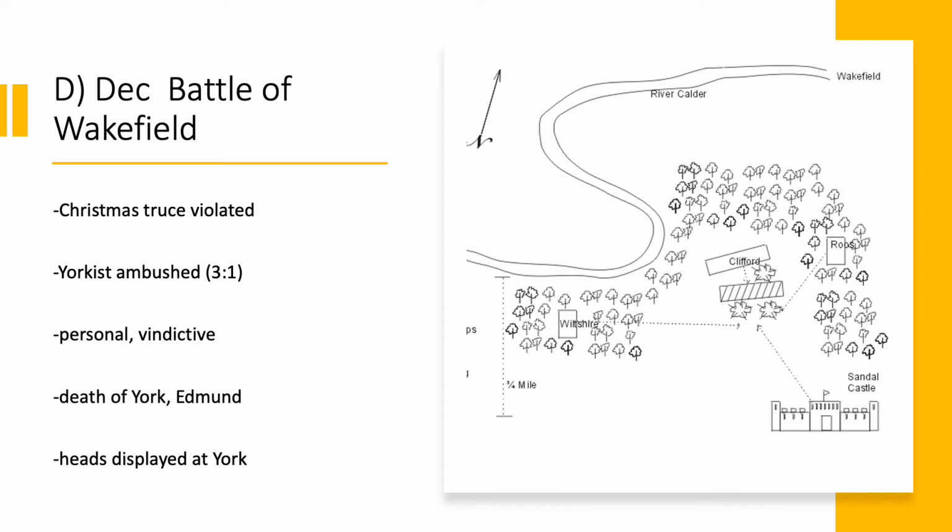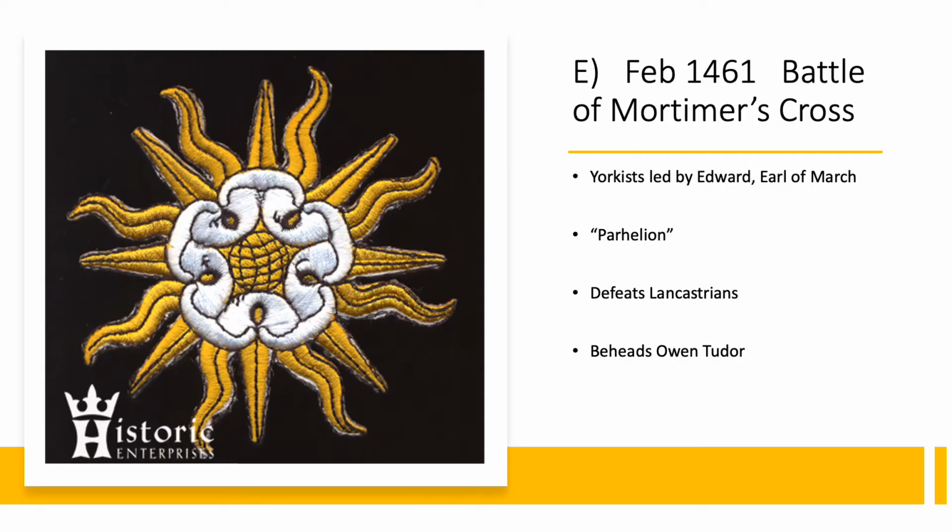The heads of York and Edmund are severed from their bodies, and Marguerite has them put on pikes and displayed along the walls at the central gate of the city of York as a very public demonstration of York's death. However, what she does not account for